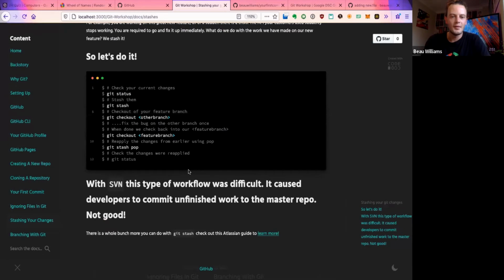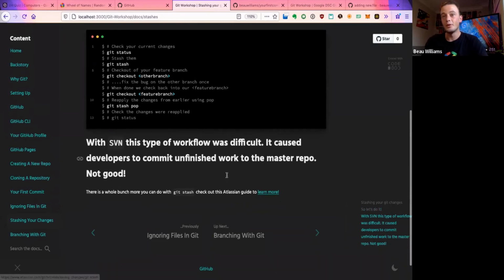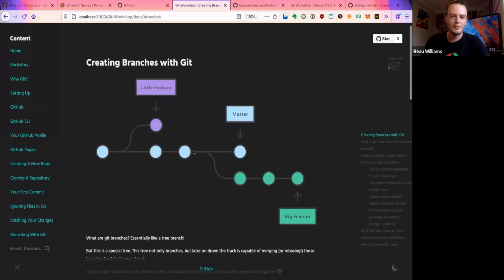Now, obviously, there's a lot of other things you can do with git stash, but I'm not going to go into too much detail. Here's a link to learn more. So